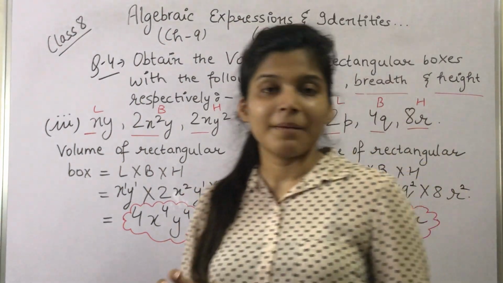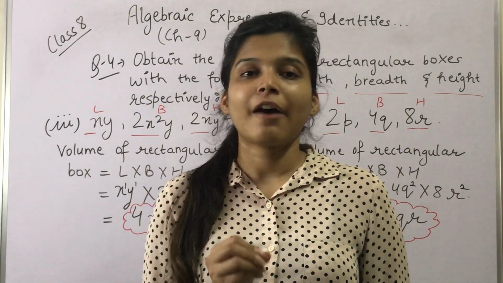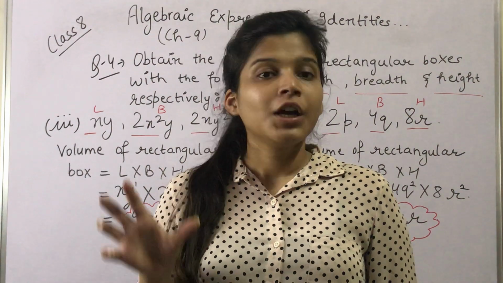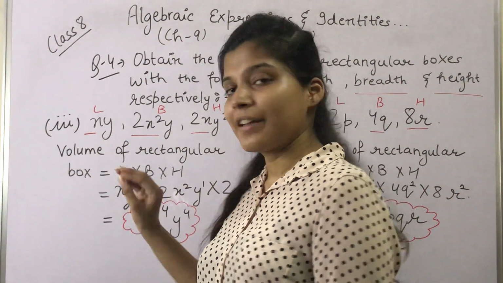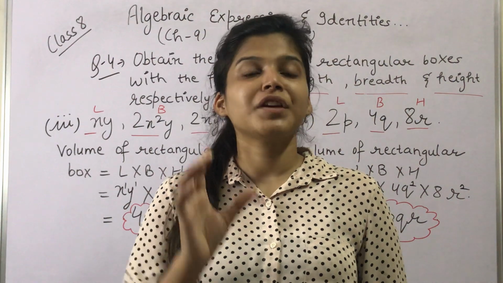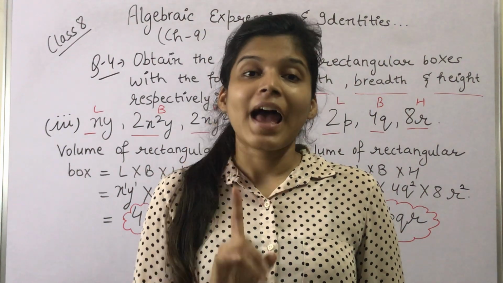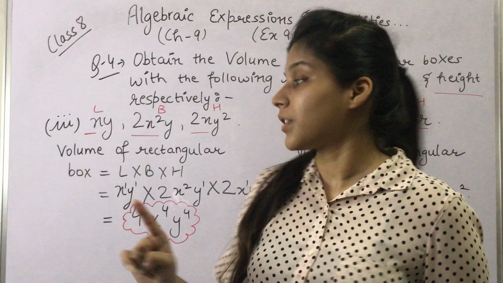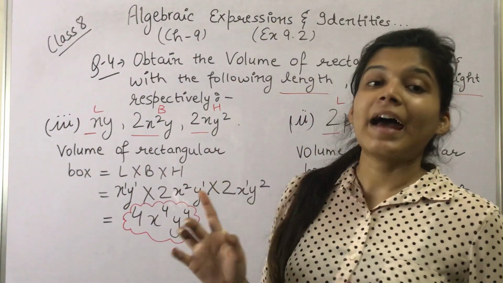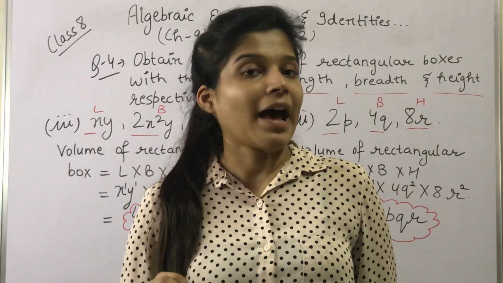So simply हमें क्या माइंड में रखना है, that first we have to multiply all the numerals. Numerals को multiply करके एक साइड पे लिख लो. Then come to the variables, and variable की पार को करना होता है add, but वो भी सिर्फ like terms की. x की पार से ही add होगा and y की पार से ही add होगा.